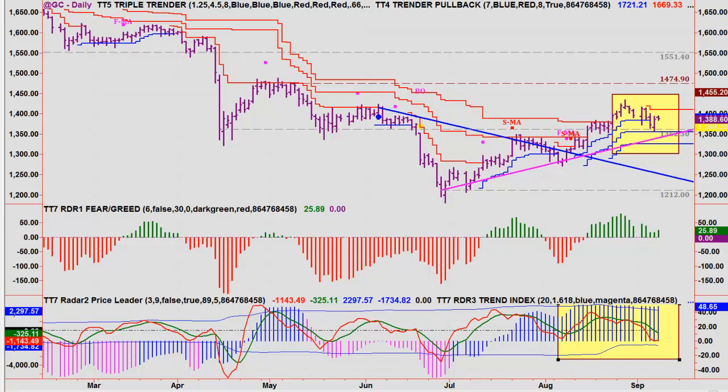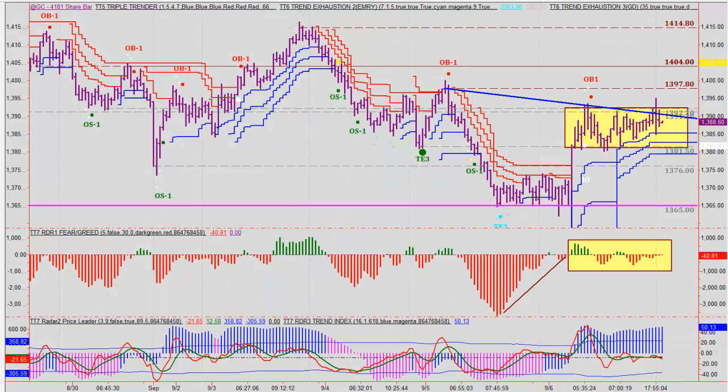to the upside. Let's see if there's a shorter term chart that can give us any insight. Drilling down to the 4181 share gold chart, we do see that since gold made its big move here when they started rattling the sabers of war, we've since then been more or less in a holding pattern ranging between